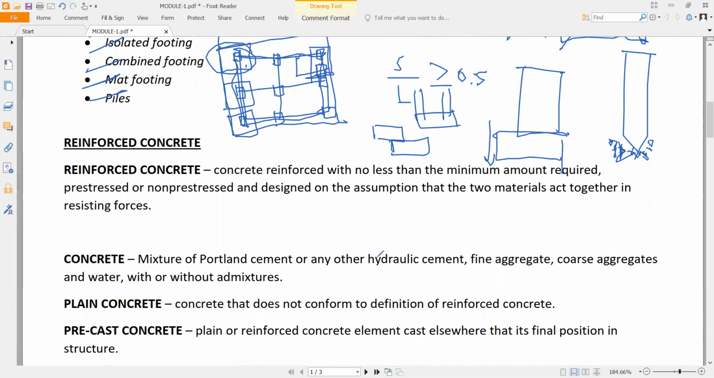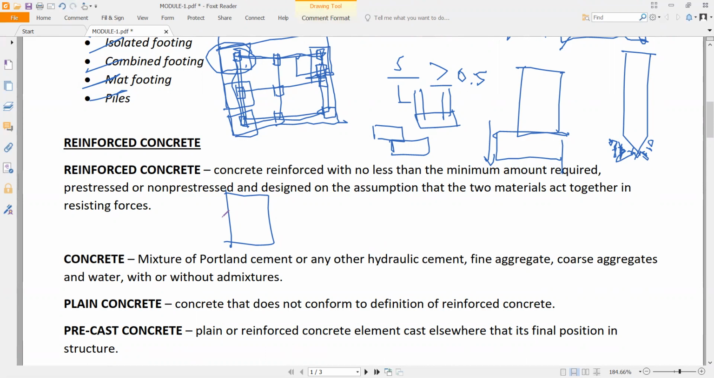So the reinforced concrete is concrete reinforced with no less than the minimum amount required. It can be pre-stressed or non-pre-stressed and designed on the assumption that the two materials act together in resisting forces. So reinforced concrete natin, this is simply your concrete with reinforcement. So yung reinforcement na nilalagay natin sa concrete natin shall not be less than the minimum amount required. So kapag sinolve natin that this is the minimum